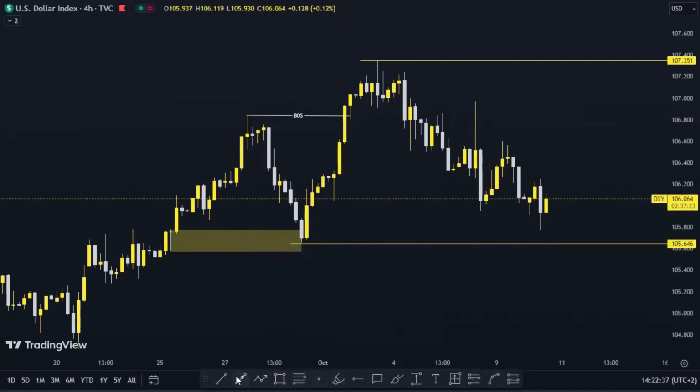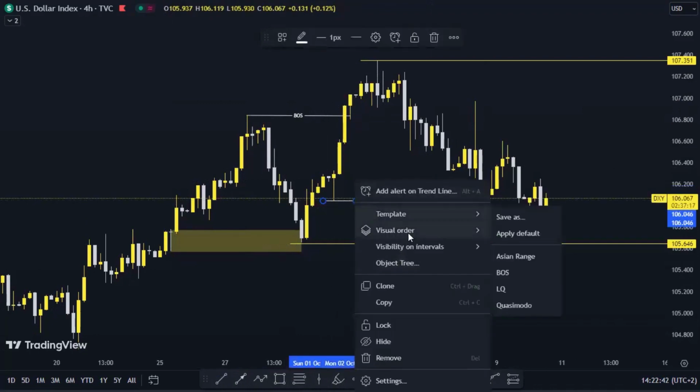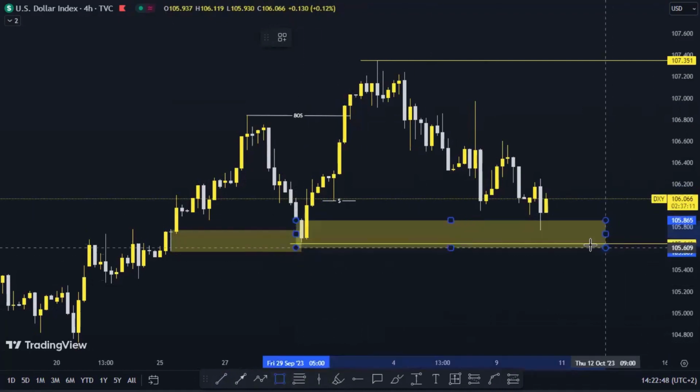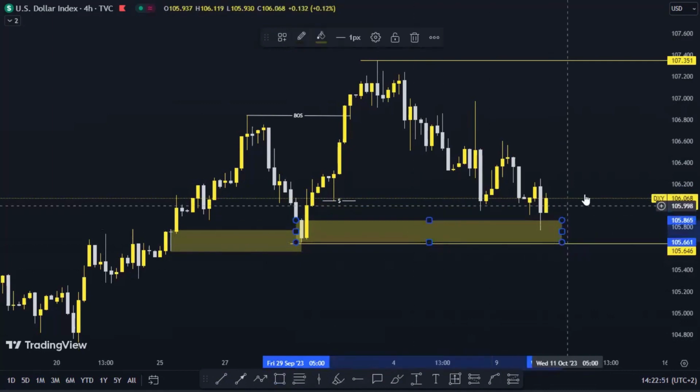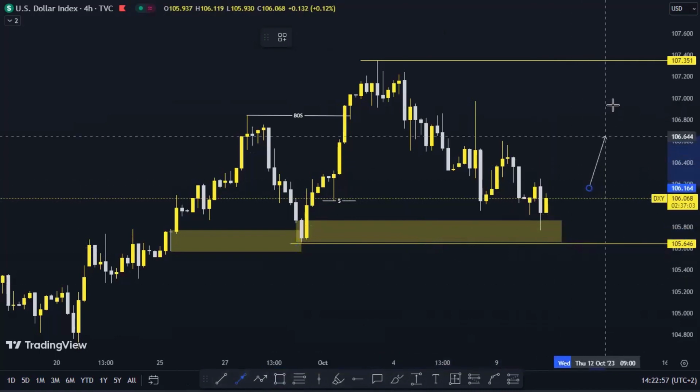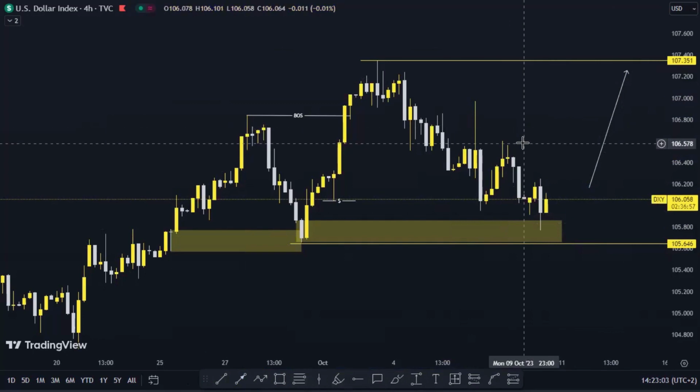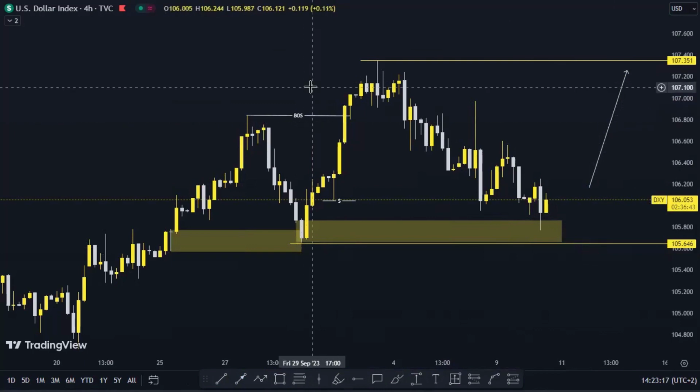And then what happened? Price played around. So here we had a liquidity point, and we had that area of demand there, which was also mitigated. So so far, I think it's clear that the 4-hour also agrees with the daily time frame. We really like to focus on this index, the US dollar index, because like I said earlier, it is the one that controls the direction of most of the asset classes. Now we can step down to